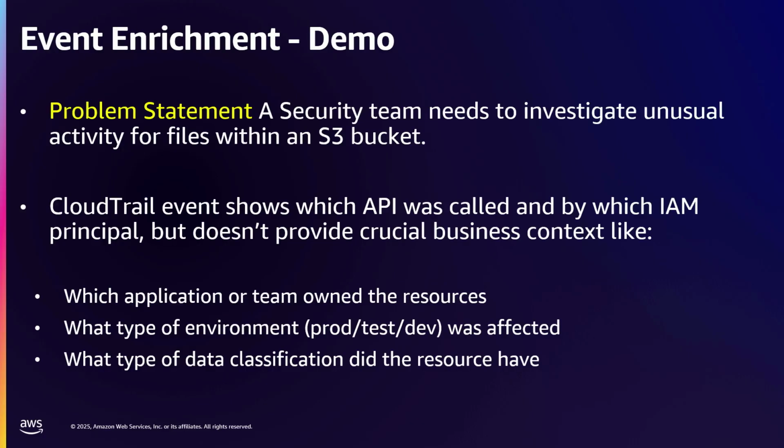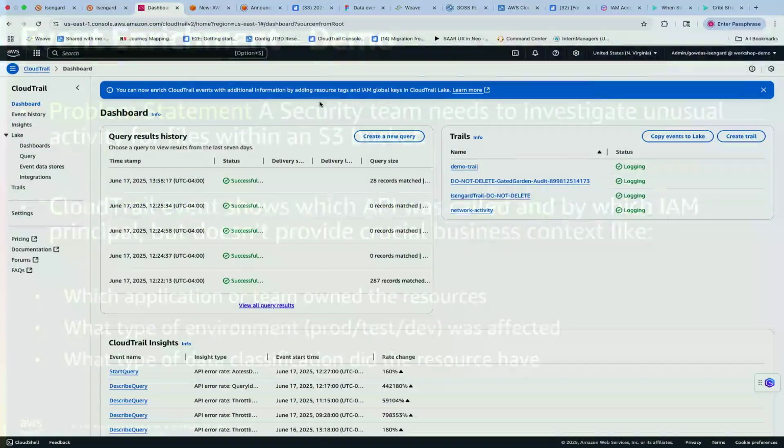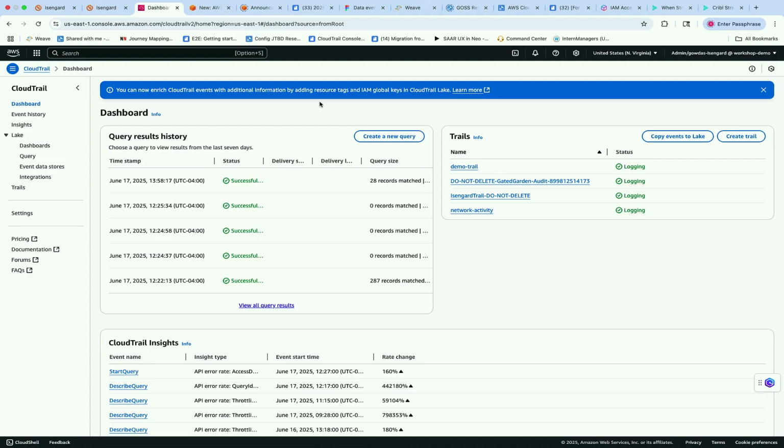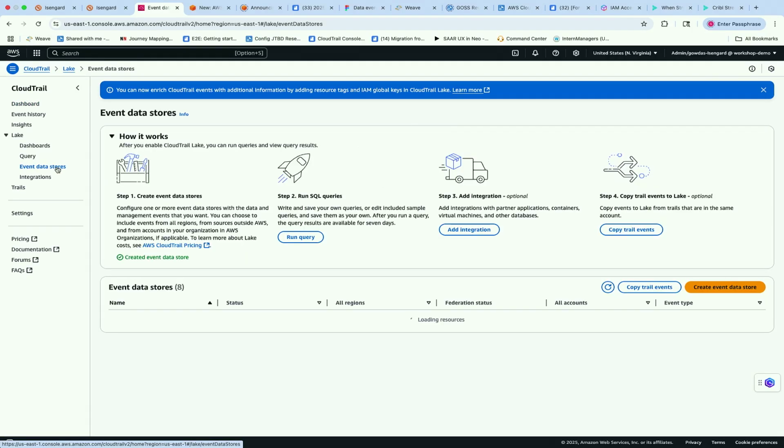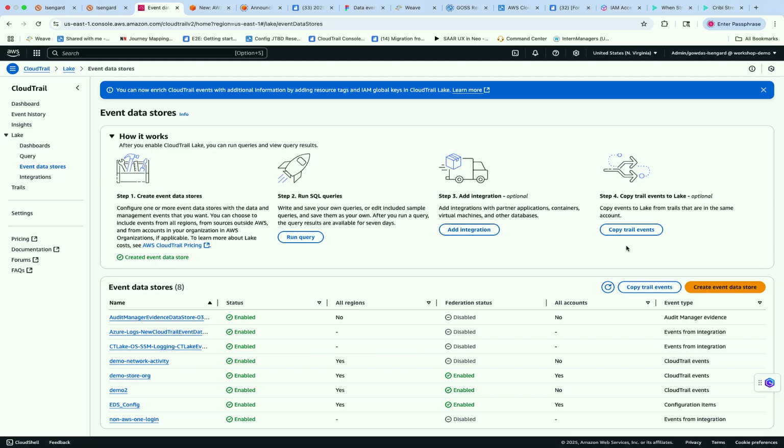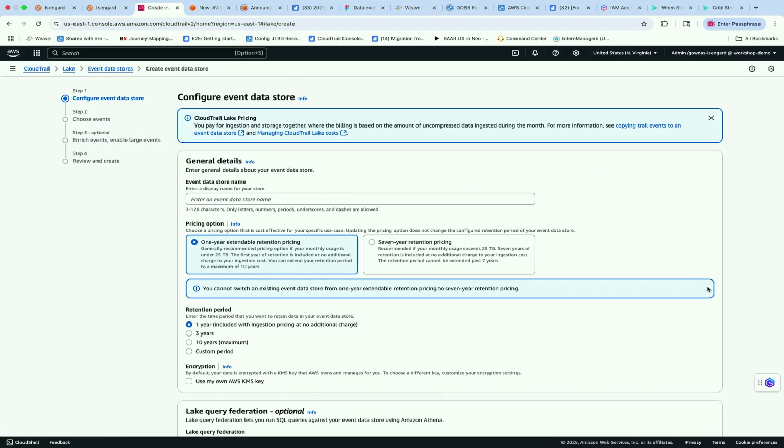So I'm going to switch over to my demo, and then we'll walk through the experience there. All right, so this is how the CloudTrail Lake console actually looks like today. I'll spend a minute just explaining how you typically set up the first event data store, which is essentially what we call tables within the CloudTrail Lake experience. So typically what you do is click on event data store, and I'll just name the event data store,